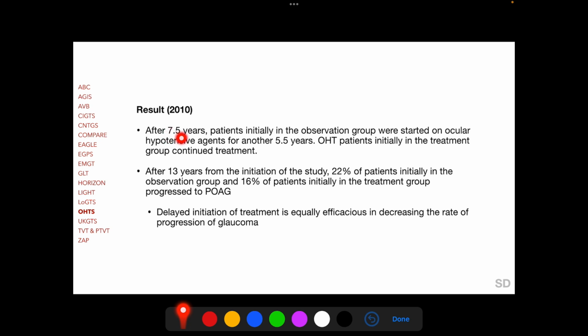After 7.5 years since the initiation of the study, patients initially in the observation group were started on ocular hypotensive agents for another 5.5 years, and the ocular hypertension patients initially in the treatment group were made to continue their treatment. And in the result published in 2010, OHTS reported that after 13 years from the initiation of the study,